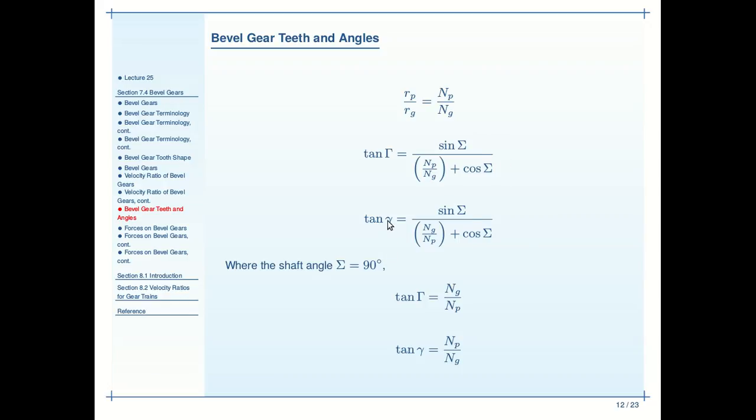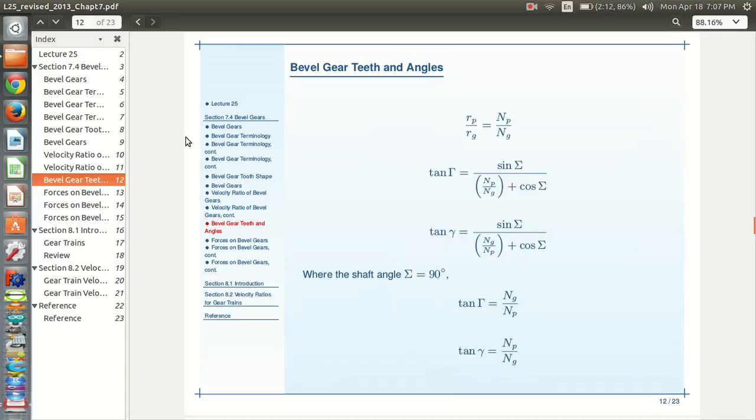For the pinion, the tangent of gamma is equal to the sine of, again, the shaft angle divided by the reciprocal of the velocity ratio plus the cosine of the shaft angle. When the shaft angles are at 90 degrees, these two relationships simplify to be very, very easy. So, with that in mind, let's take a look